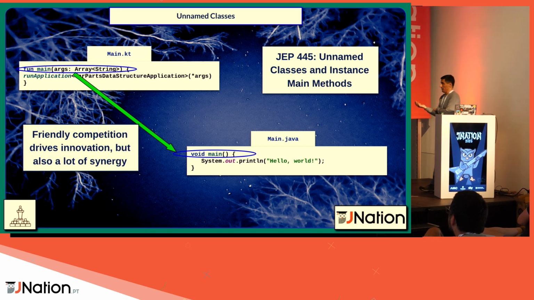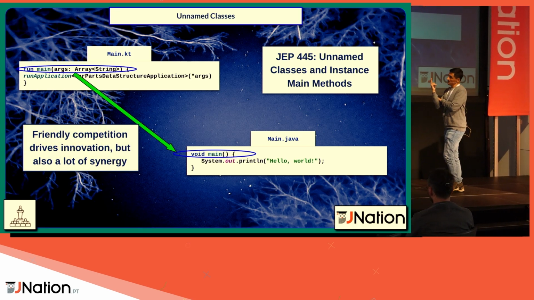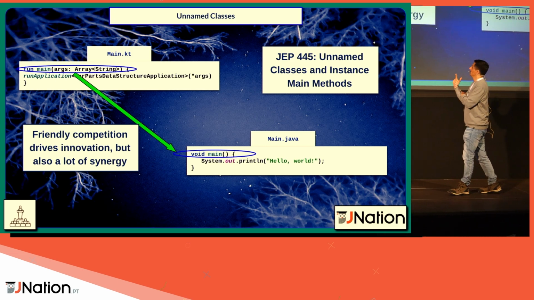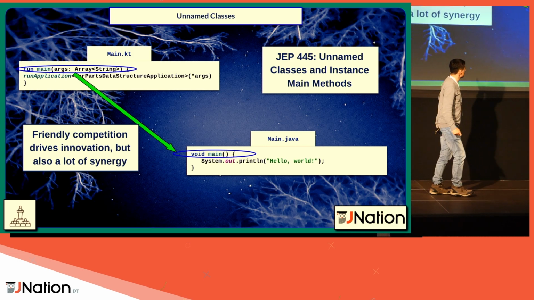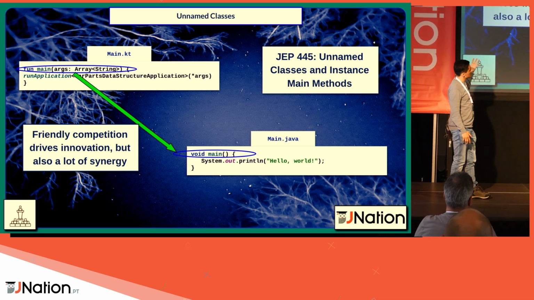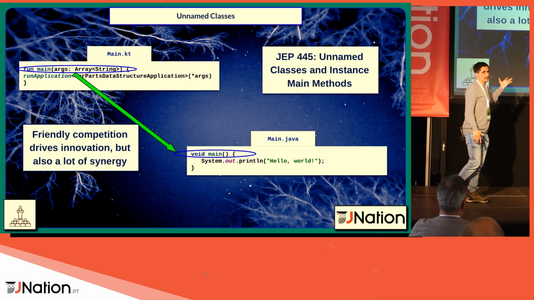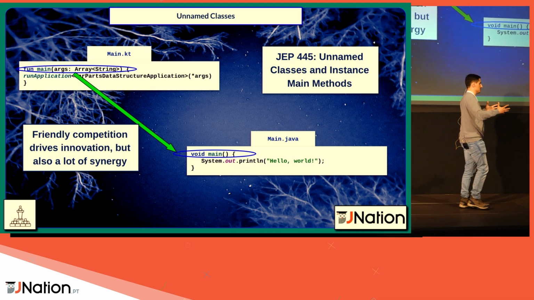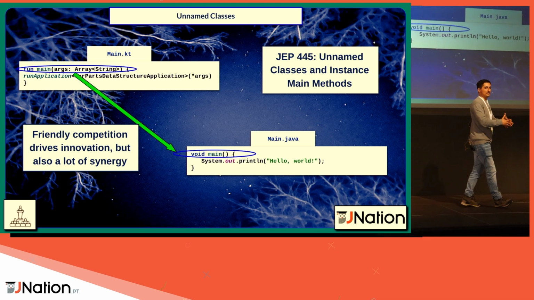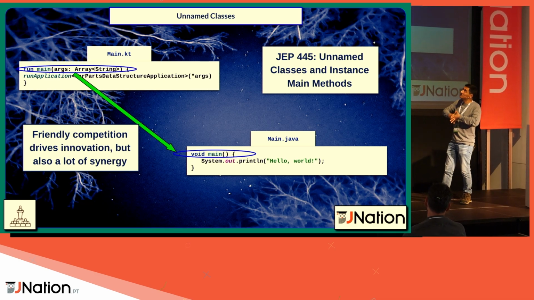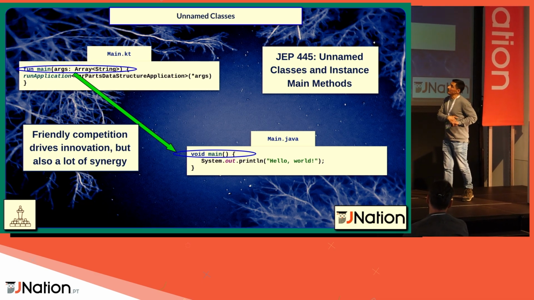Which tells me one thing. There has been a constant friendly competition between Java and Kotlin for a long time, but there's also a lot of synergy between them. What I see right now, and what I've noticed in Java talks and Kotlin talks, is that there is something that binds the two languages together, where Java is becoming very similar to the way Kotlin works. There's no Kotlin coroutines or something like that in